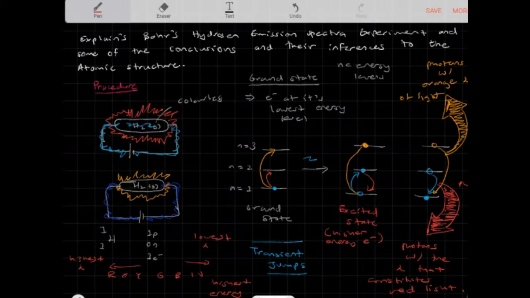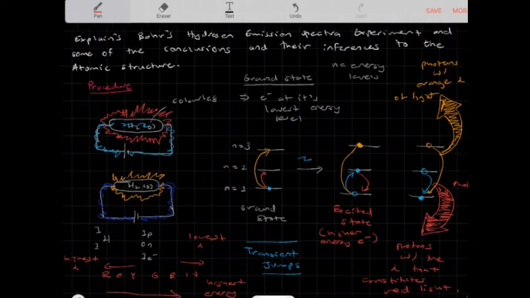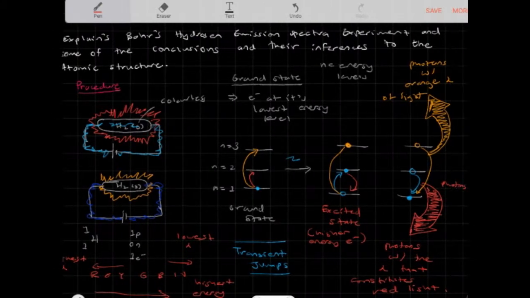So Bohr stated that as you increase the amount of energy that the electron can absorb, you'd have different spectral colors being released. Specifically, there would be a shift this way in the visible light spectrum. This basically inferred to Bohr that there was an infinite number of energy levels in an atom, right? So I'm going to indicate that here, but some of Bohr's conclusions